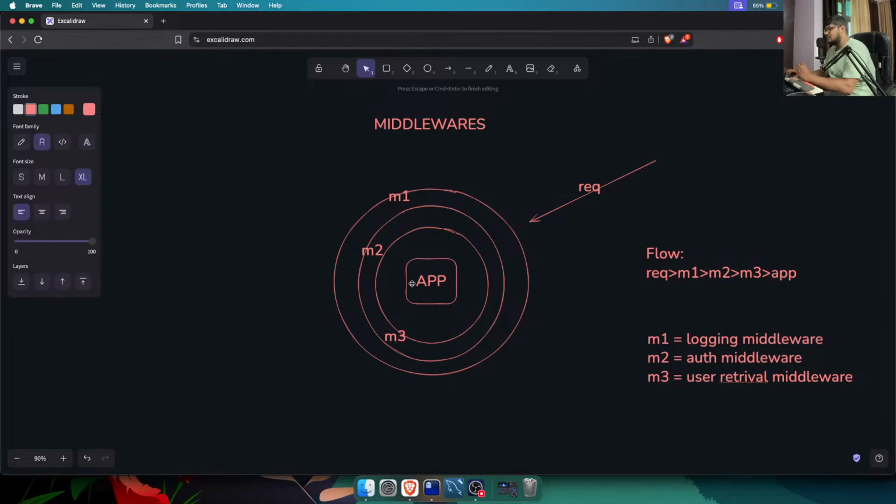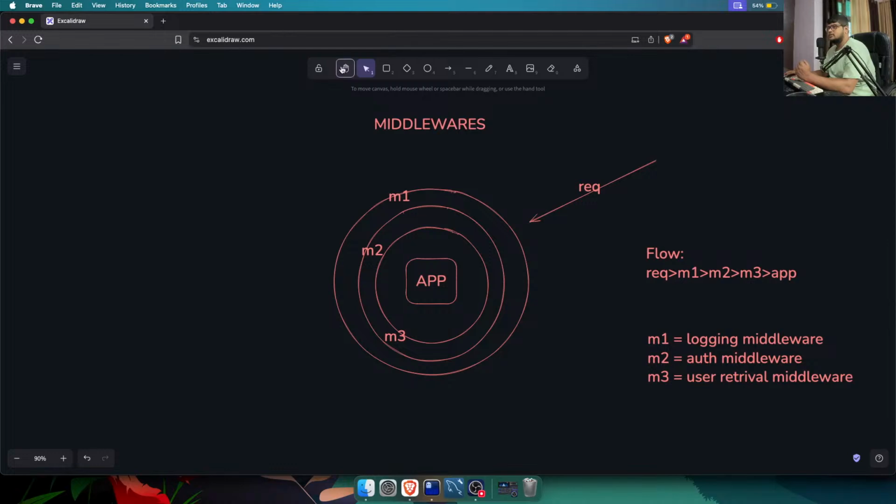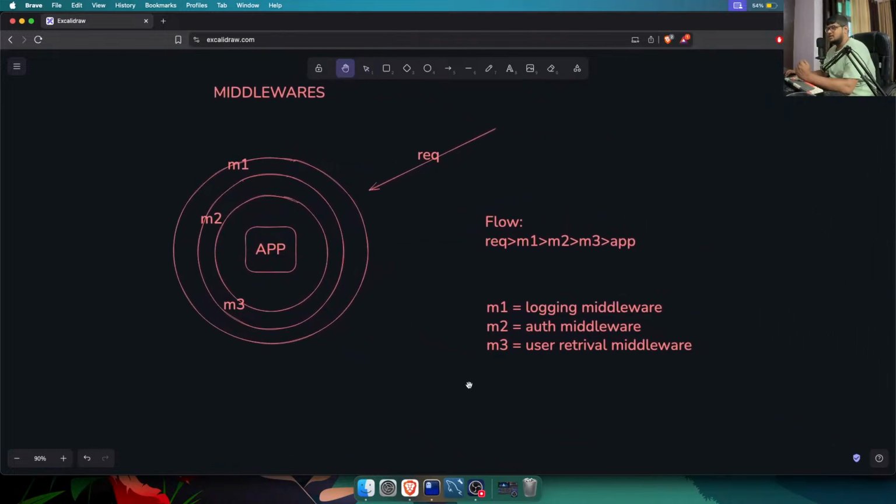So all these middleware will help us to validate that a request is properly fetched from an authentic source. Once it reaches our app, it performs some action, and then a response is sent back to the client. The same steps will follow, but in reverse direction. So when a response occurs,